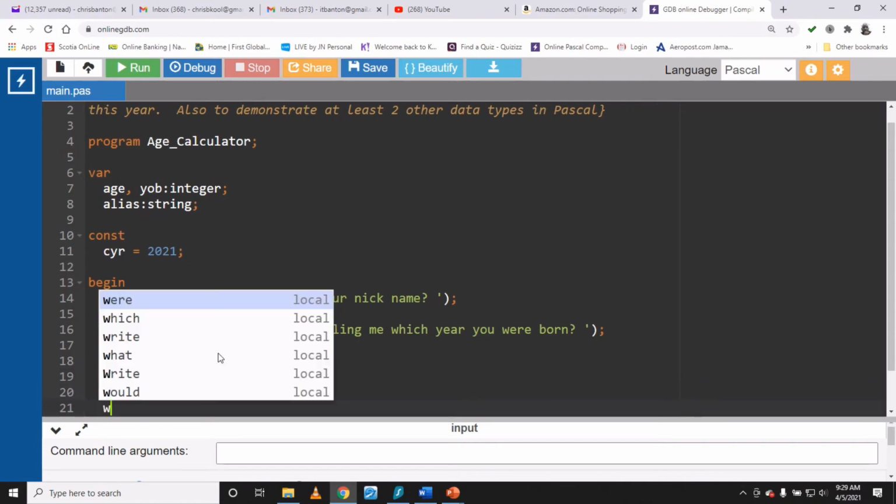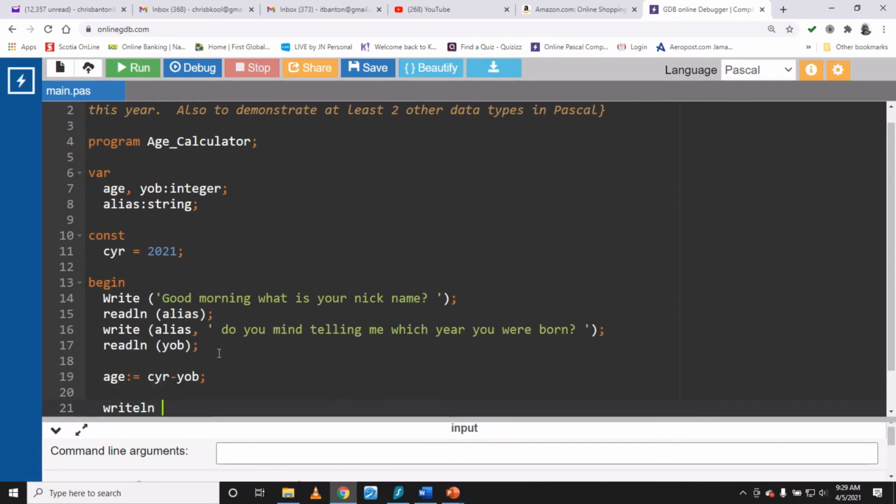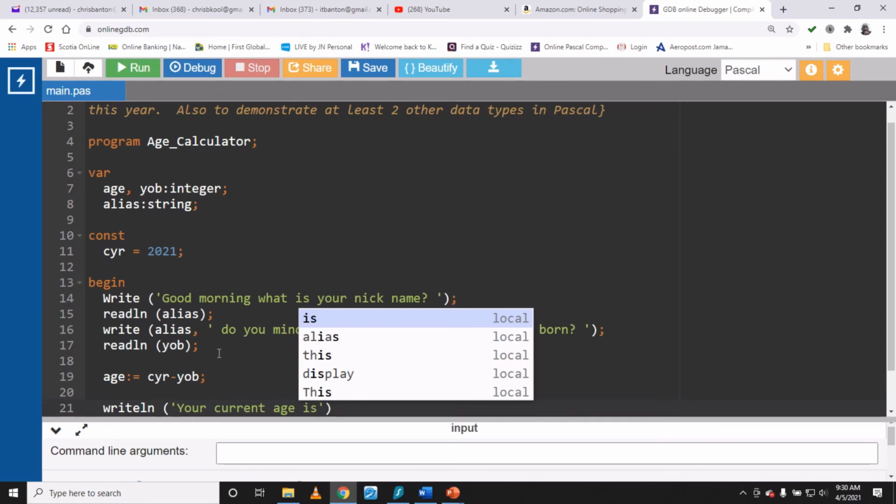Then we write to the screen, writeln. Now we write, open single quote, your current age is